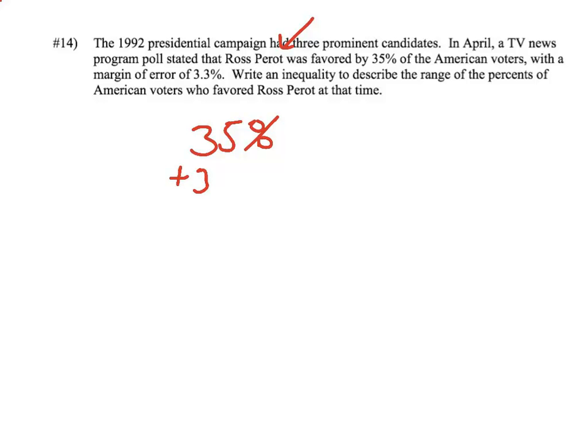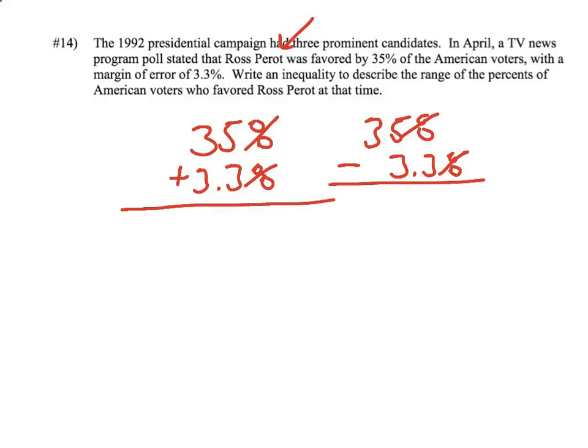So he could have 3.3% more votes, or he could have 3.3% less votes. If you add 3.3 to this, you get 38.5%. If you subtract 3.3 from this, you get 31.7%. So write an inequality,